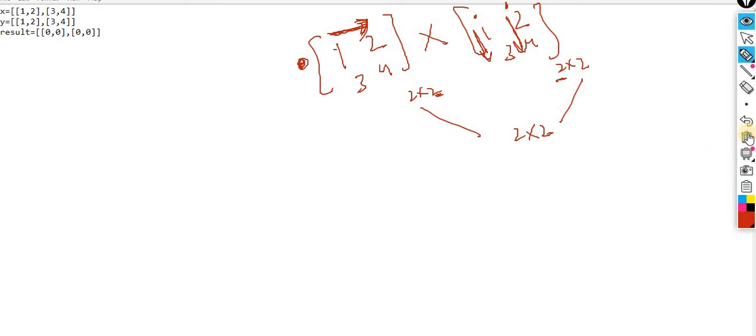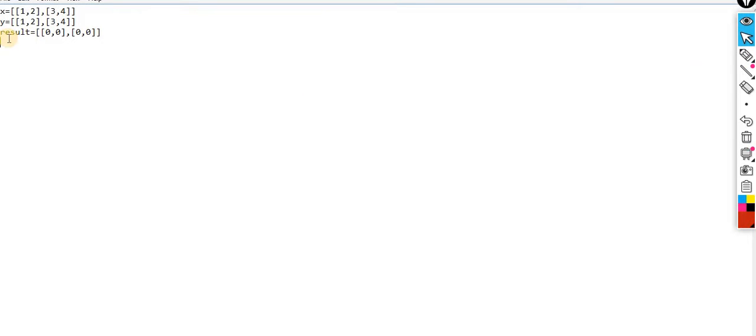So I am writing a code for the same, how you can perform the matrix multiplication. Here you are supposed to take the help of 3 for loops. So the first for loop, for i in range of len of x.